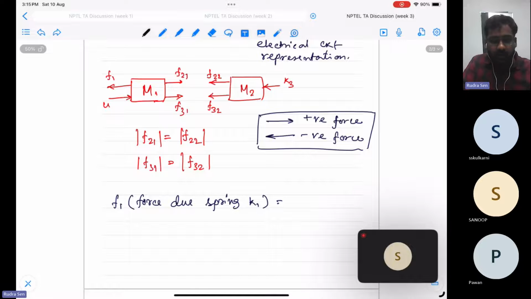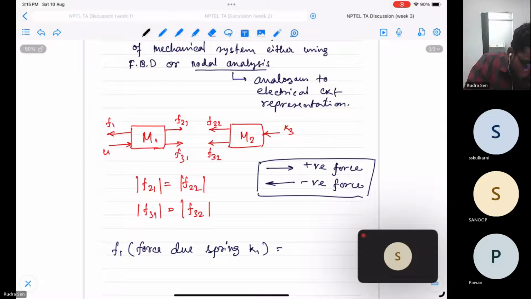Since the force is directly proportional to the displacement, and for the first case, m1 is displaced by x1, and m2 is displaced by x2. So what would this be? Minus k1 x1, where k1 is the spring constant. Okay,